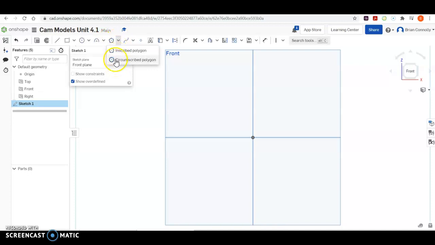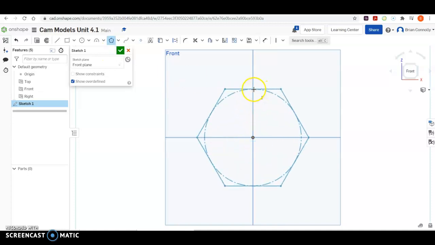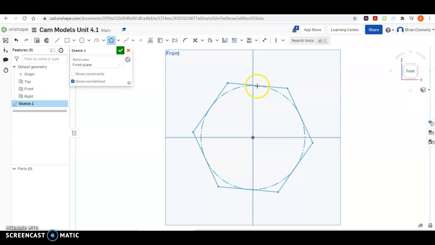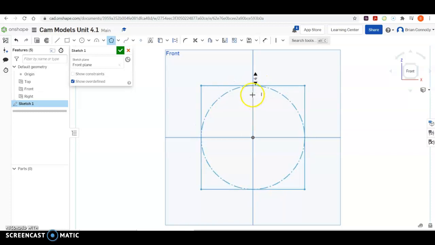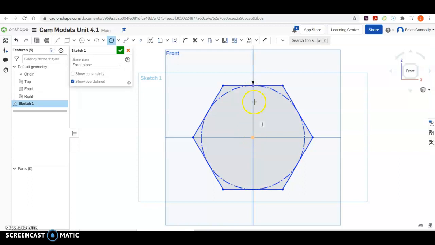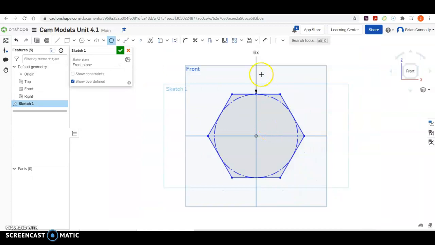And it doesn't matter because we're not going to actually dimension based on the circle. So I'll just do inscribed. So it goes center. It already is a hexagon, so I don't need to change that. I just need to make sure it stays a hexagon. So I click to the center, click somewhere to the outside, and then click one more time to confirm it